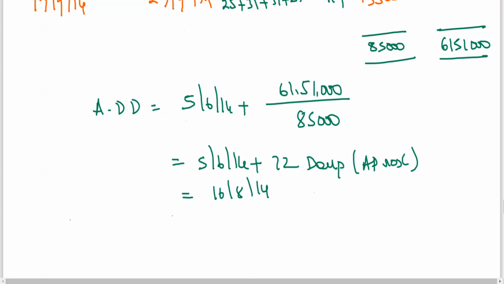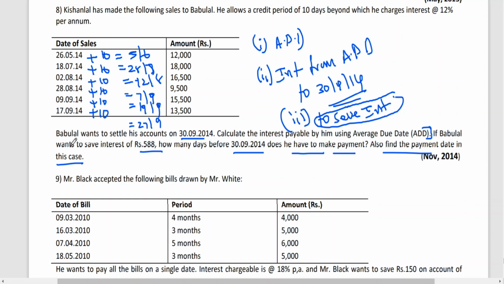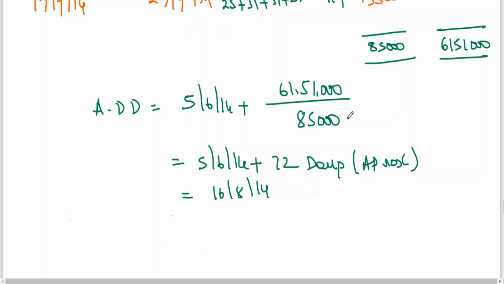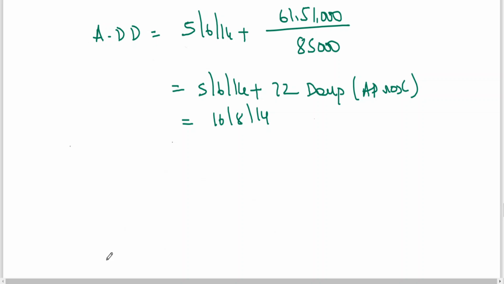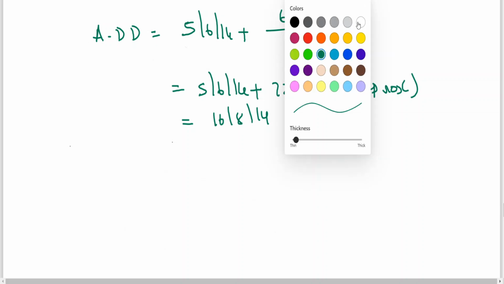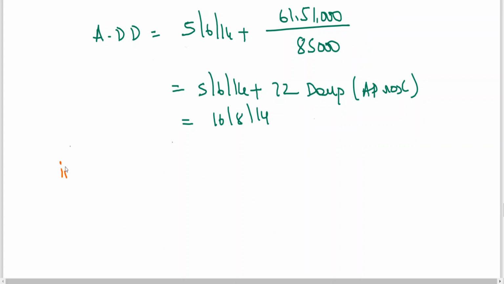Now, the question is asking interest if Babulal wants to settle his account on 30th September 2014. Calculate the interest. I told you, interest from average due date to 30th September 14 you have to calculate. So, point number 1 is completed: calculation of average due date. Point number 2, calculation of interest